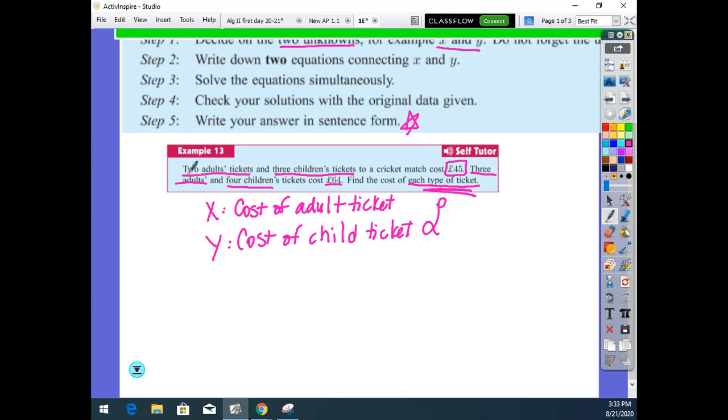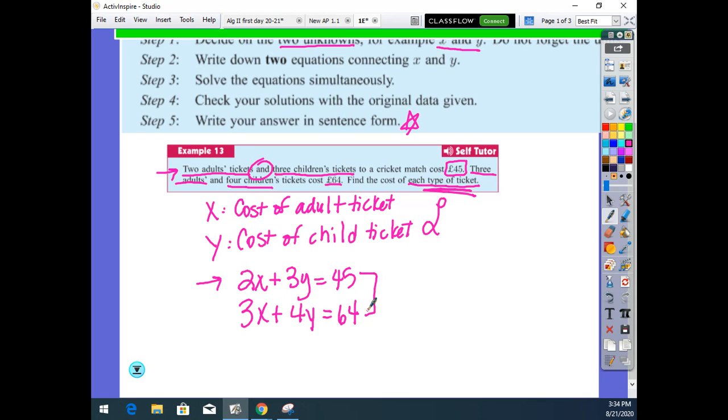All right, so 2 adults. Adult is X. So 2 adults plus 3Y equals 45 pounds. There's our first equation. You're really just taking an English sentence and turning it into a mathematical sentence. All right, then we have 3 adults and 4 children's to get 64. As soon as you have your 2 equations, this is exactly like section D, where now we're just going to